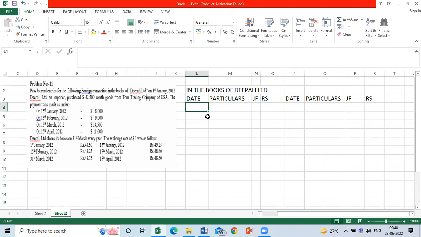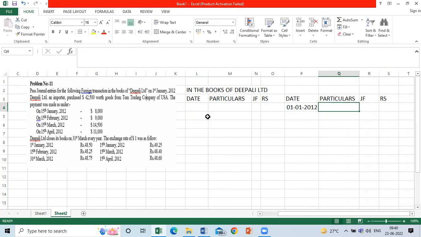First entry is Deepali Limited imported goods worth $42,500. So you are buying the goods from whom? Palm Trading Company. That is your supplier. When the goods are purchased, supplier account is created. So date will be here 1st Jan 2012. Amount will be by